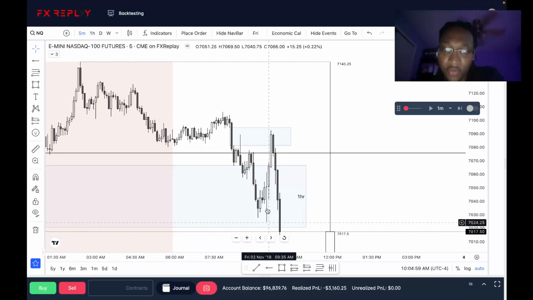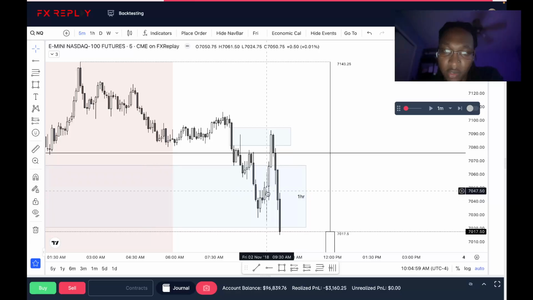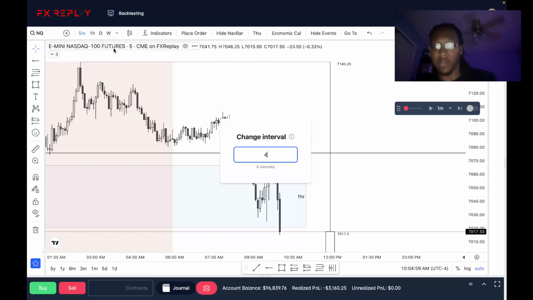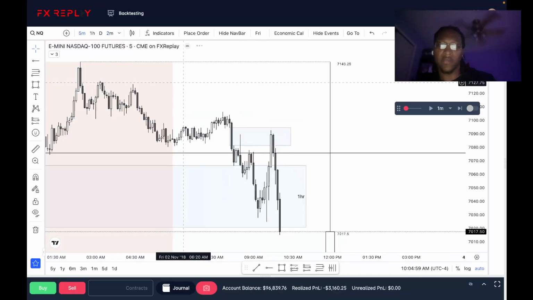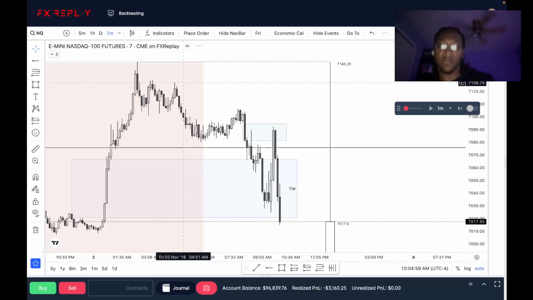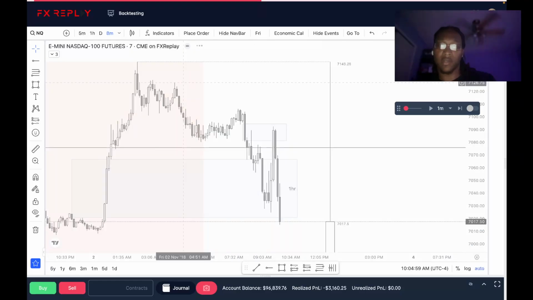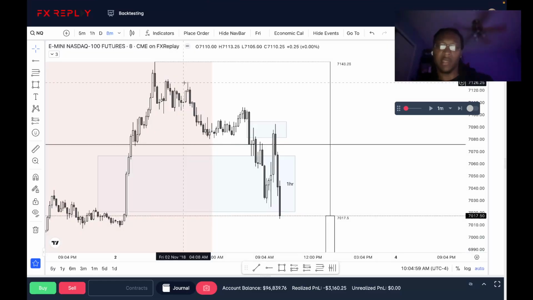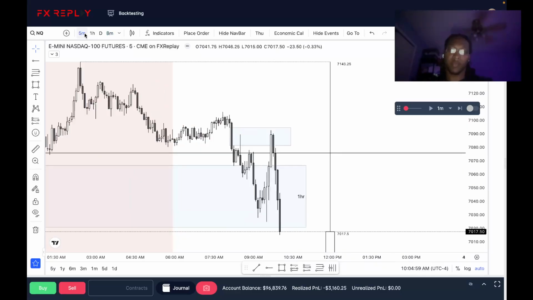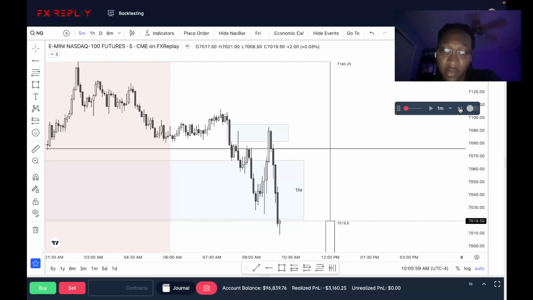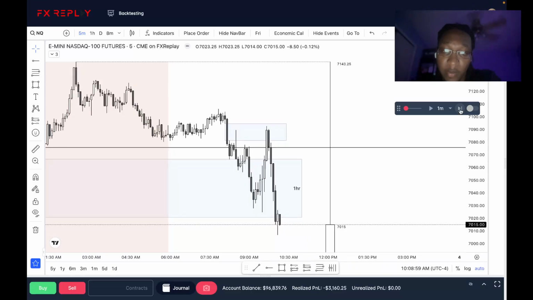We have a huge change in state of delivery. These 1, 2, 3, 4 up candles before the down move here. It's like on 4 minute, 3 minute, 2 minute, 5, 6, 7, 8. Well, the 7 is your change in state. Yeah, there you go. Fair value gap right there. But this fair value gap here makes sense, especially at the inverse of the hourly gap.